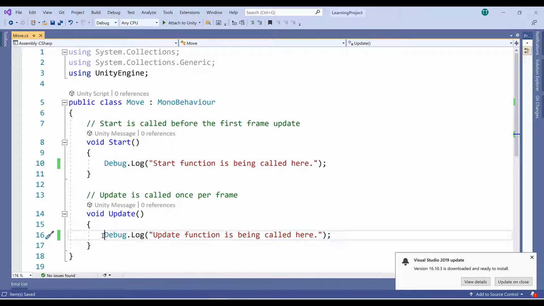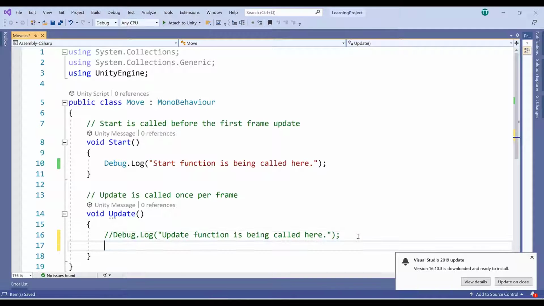or you can put it into comments. So // you can treat this line as a comment over here. Okay, you can practice this one at a later stage. Now, as I mentioned, most of your logic will be implemented in the update function. So we are going to start with, now what I'm going to do here, we will get the input from